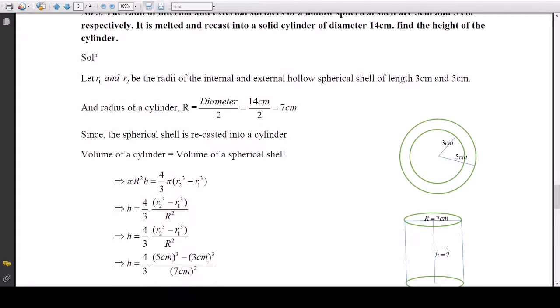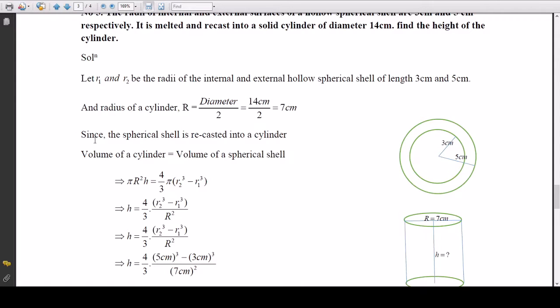We have to find out the height of the cylinder. Let R1 and R2 be the radii of the internal and external hollow spherical shell, 3 centimeter and 5 centimeter, and the radius of the cylinder denoted by capital R, the diameter divided by 2, that is 14 by 2, which is